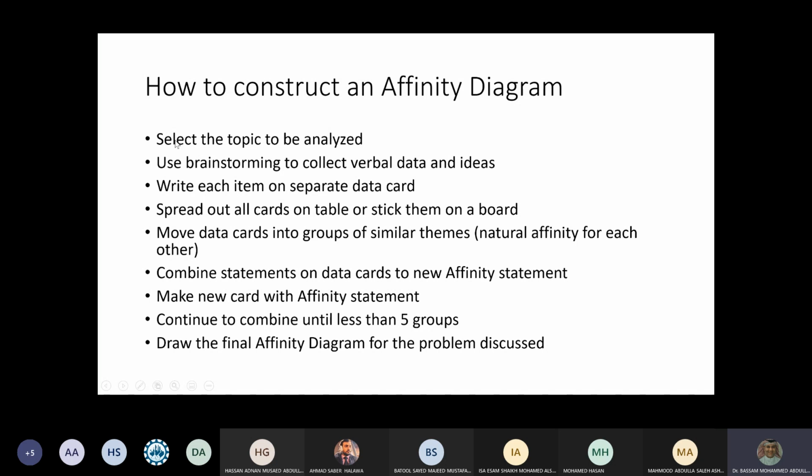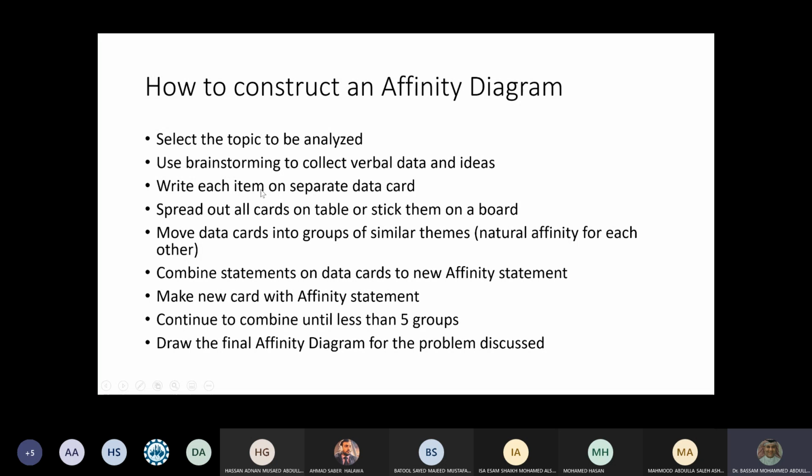So it's written here: select the topic to be analyzed. We selected the topic about students having problems registering 5 courses. Use brainstorming to collect verbal data. We collected verbal data from everyone brainstorming. We did not say that it is a good idea or a bad idea. That means your answers to me are problems. I did not say this is not a problem, because part of brainstorming is to talk loudly without any